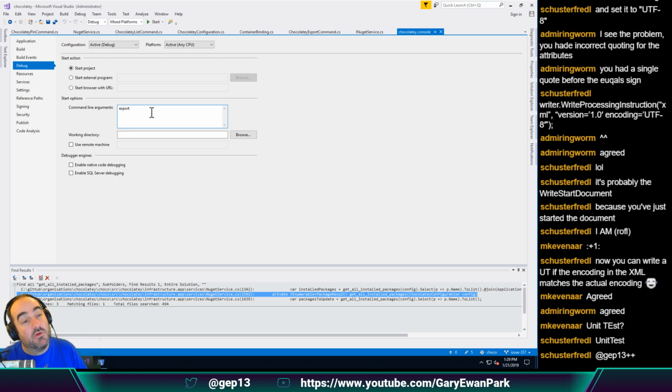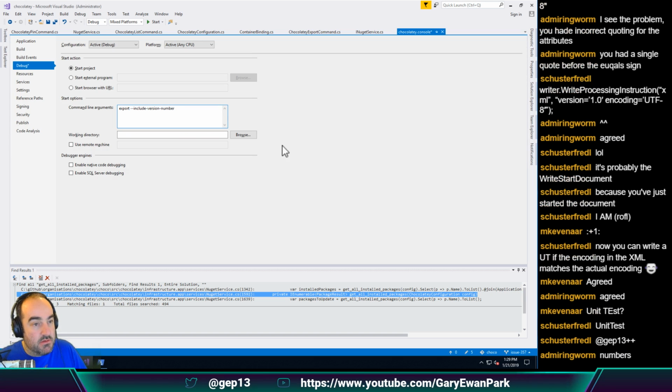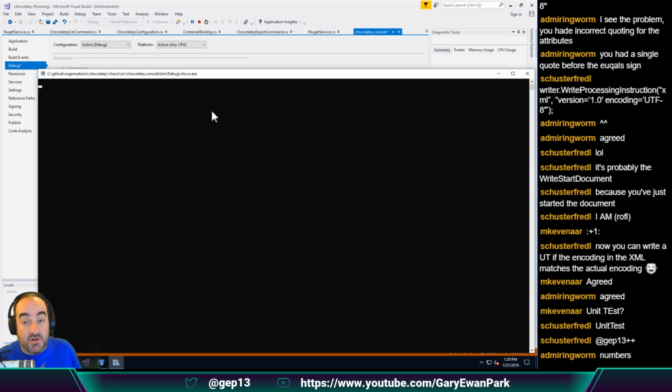However, if we go up to here, where we're running the export command, what we should find is if we do include version, was it number or numbers? What have we forgotten? Export commands, option set, include version numbers. Singular or plural? Include version. I think numbers is right. Numbers, yes, I agree. I agree, Kim. So if we do include version numbers,